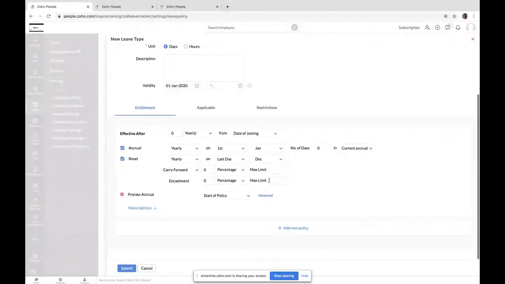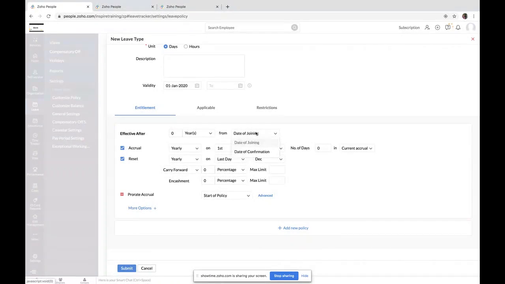So moving to the next item called entitlement. Here you can define when the leave policy has to be attached to a respective employee. Assume a case where annual leave is applicable to the employees right from their date of joining. In that case, you can leave it as such, like effective after 0 days from date of joining.